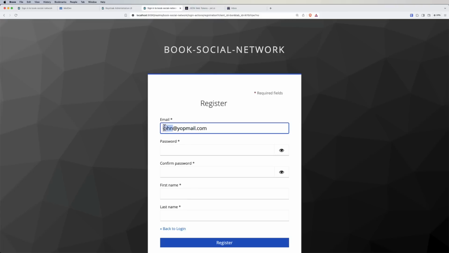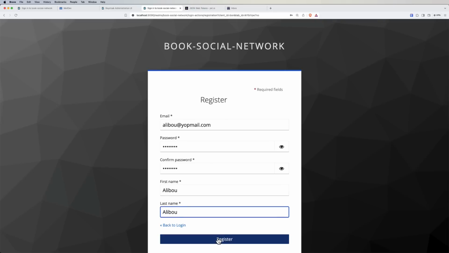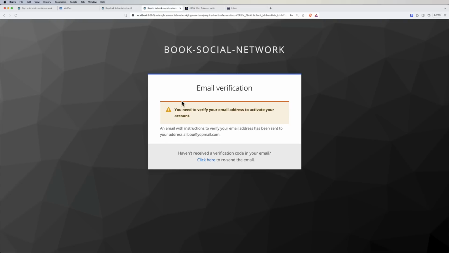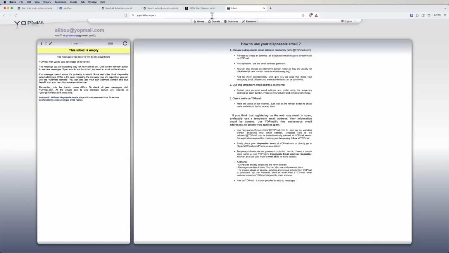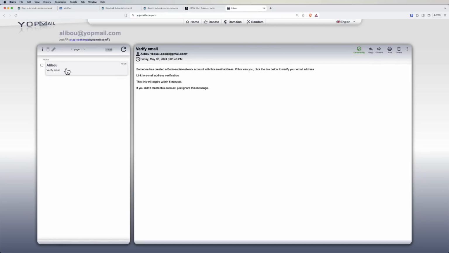So here I will use Alibu instead of John, and here I will set a password, and here let's say for example Alibu and then Alibu. Now if I click on register, let's see what will happen. We see that you need to verify your email address to activate your account. Now if I refresh in here, so let me zoom in. If I click on refresh, we see that we received an email from Alibu,